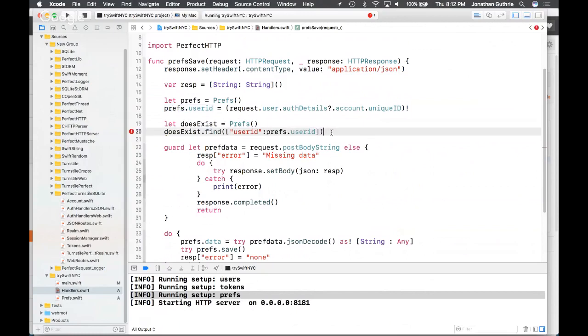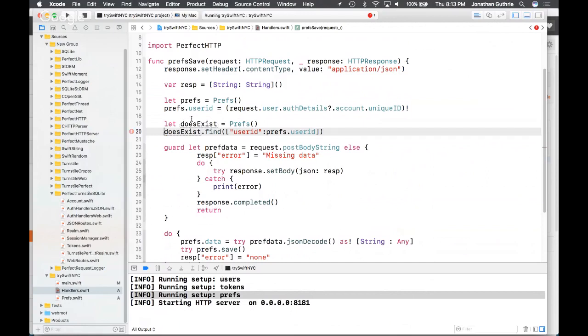So what this is going to do is look to see whether or not there is an existing row. And if there is an existing row, then it's going to populate that user ID back into it. Okay, so it's a little bit of a trick to check, does it exist?